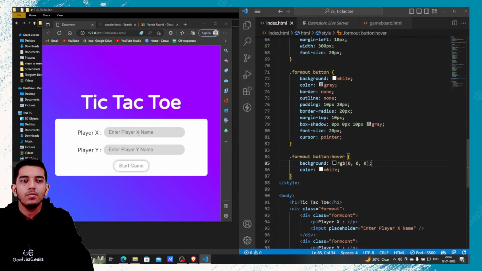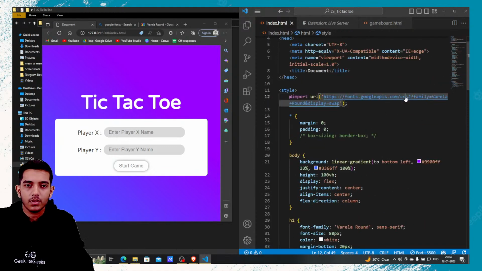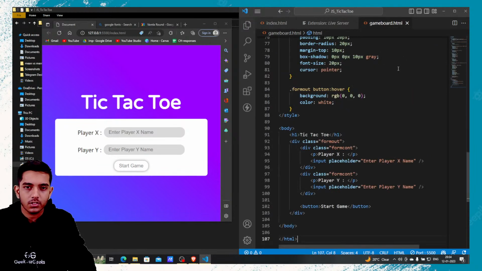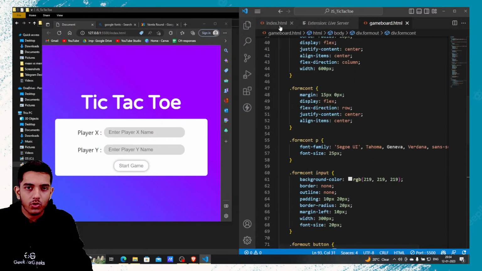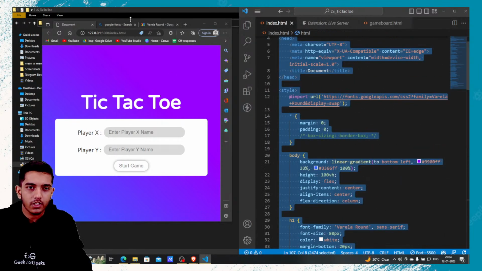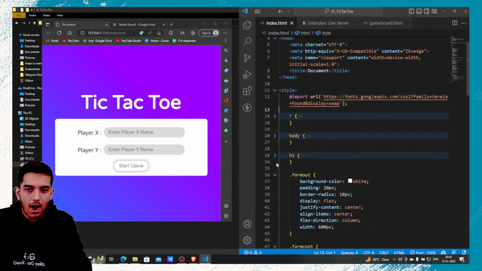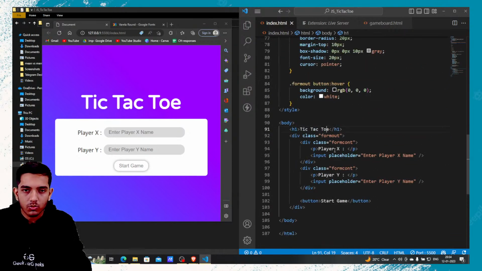Now after this, we have to go to our second page. So for going to the second page, we can just copy the same, visit the second page and paste it here. So now I am going to target the second page. First page is done, so I'll target the second page. You can just add the second page in the button. In the button, if the user clicks on this button, you can just write